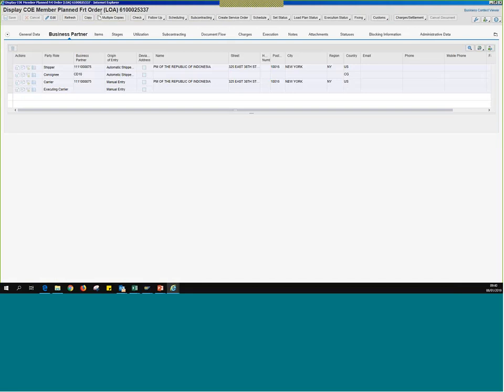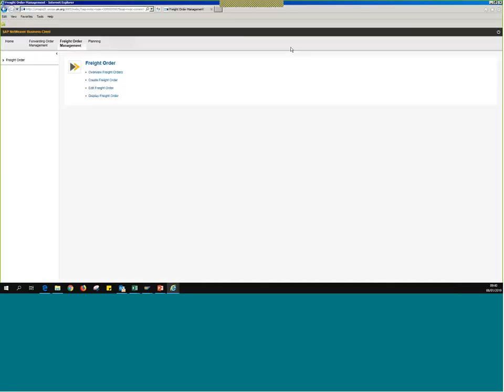And you can work on this freight order directly simply by clicking on this link and knowing your freight order number. So you see, basically, you can just navigate to whatever you're interested in. If you know the number, display freight order. If you don't know the number but have details that can link to that freight order, you can do that here in the overview freight orders. If you click on this link,